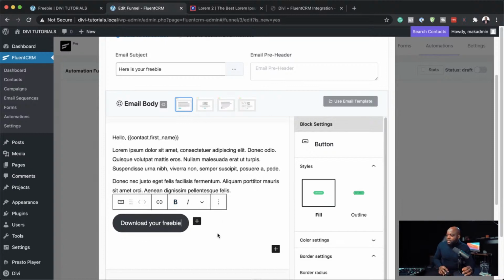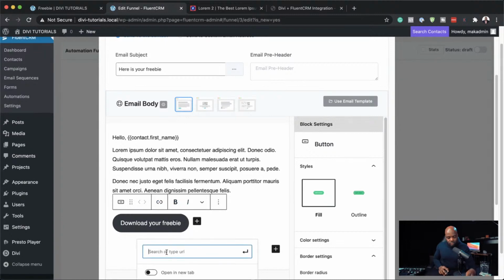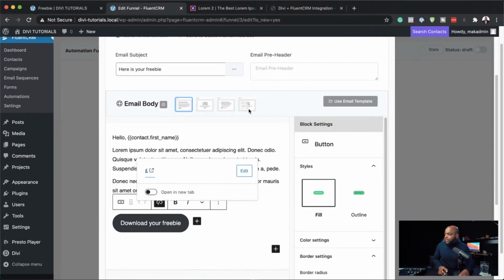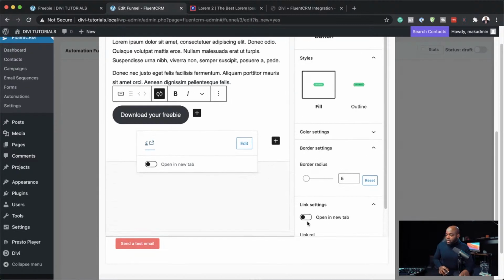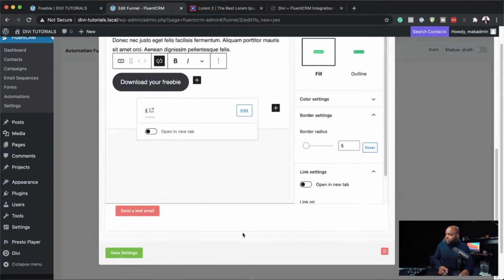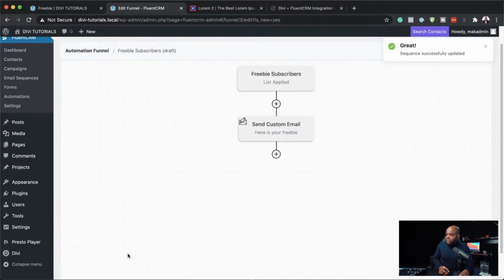Okay. And then of course you can link it over here. So we're going to add a blank link. And pretty much this is done. So save settings. Okay, so when they sign up, they're going to get sent an email, and also you can time